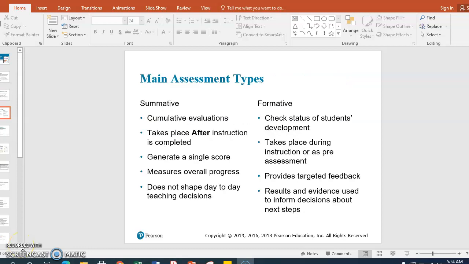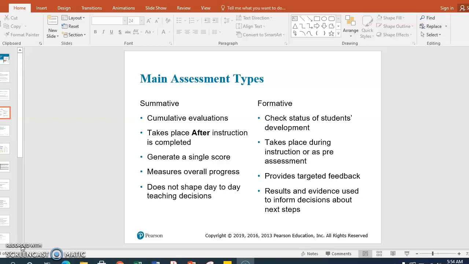Summative assessments. A cumulative evaluation takes place after instruction is completed, generates a single score, measures overall progress, and does not shape day-to-day decisions. It's like your end of the chapter test, or your end of the year evaluation, or